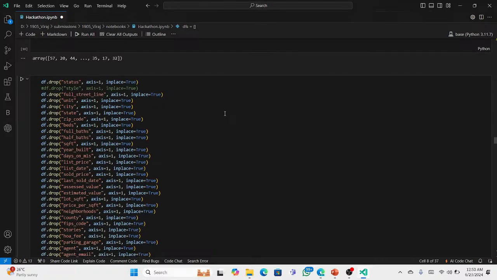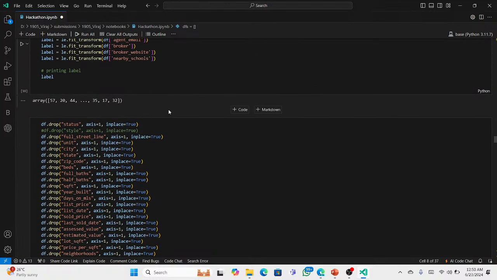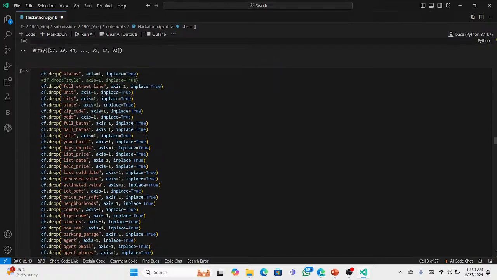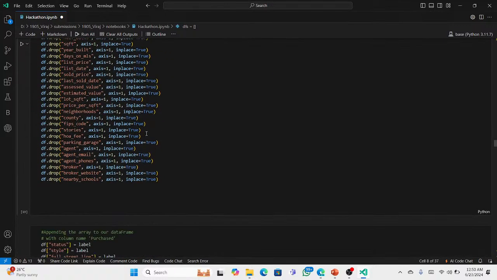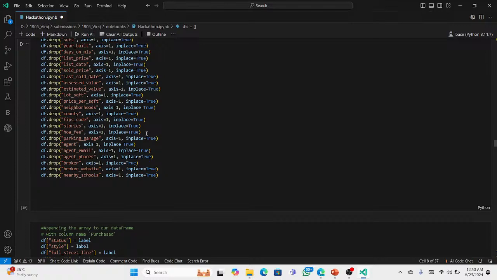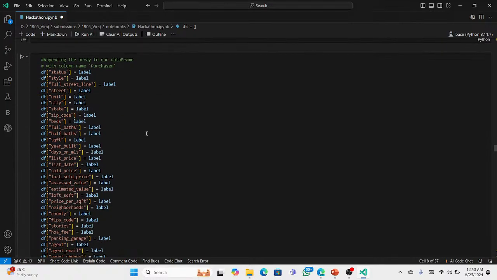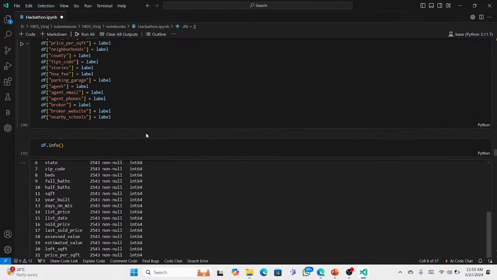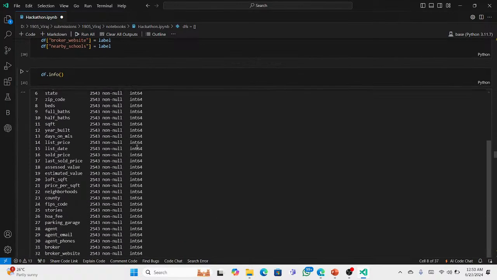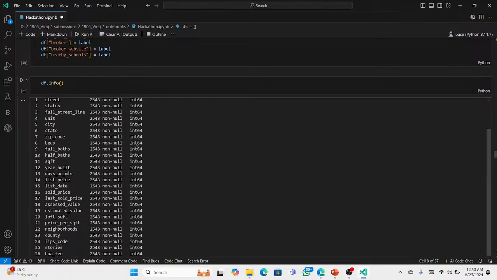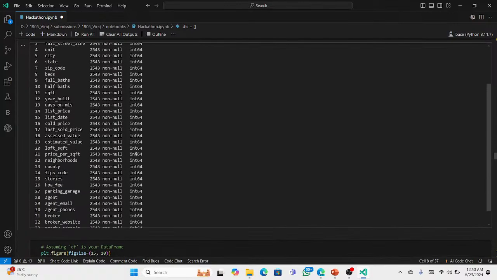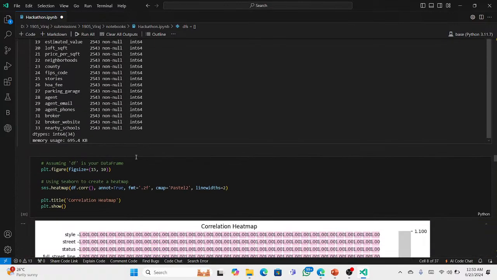Now over here, we have label transformed the data, so it's just transforming the data, and we are making sure we have just the integer data type present over here, and we don't have the object data types. Now we are appending the columns over here. As we can see, all the data types have been changed from object or float to integer format, which is easier for us to do